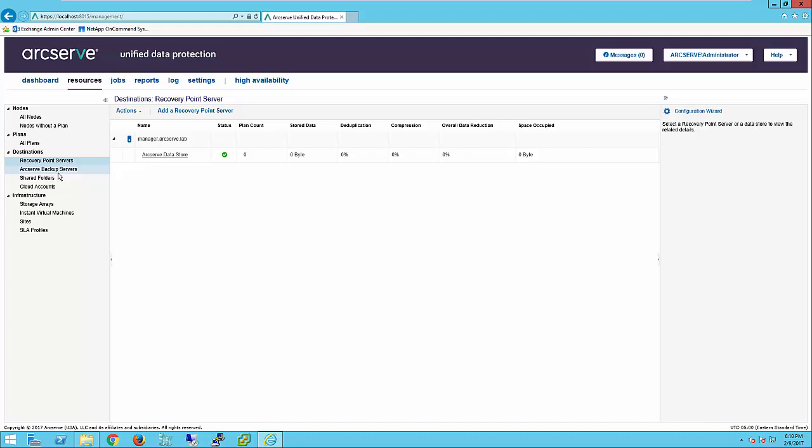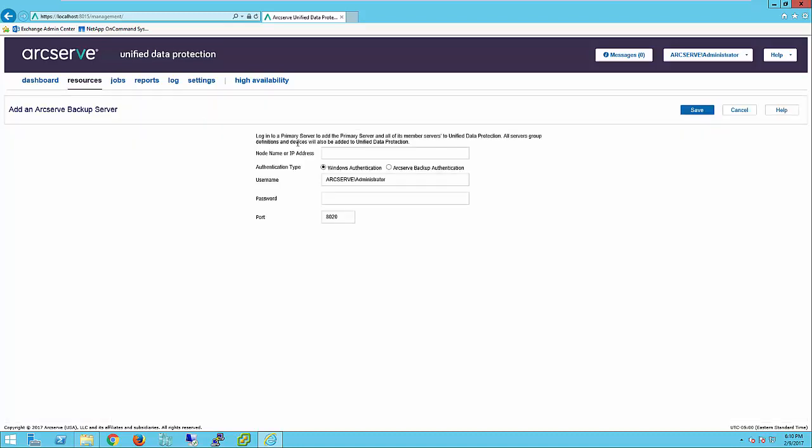From the left pane, navigate to Destinations and click Arcserve Backup Servers. The Destinations Arcserve Backup Server page is displayed in the center pane. Click Add an Arcserve Backup Server. The Add an Arcserve Backup Server page is displayed. Enter the following details. Node name or IP address specifies the node name or IP address of the Arcserve backup